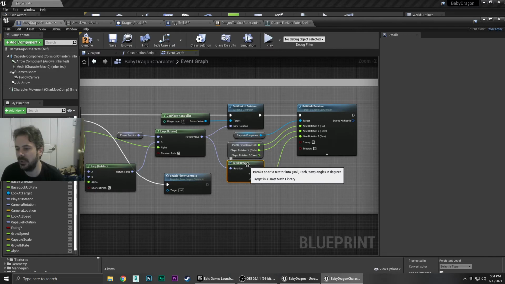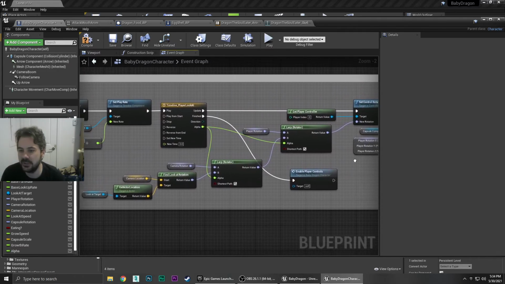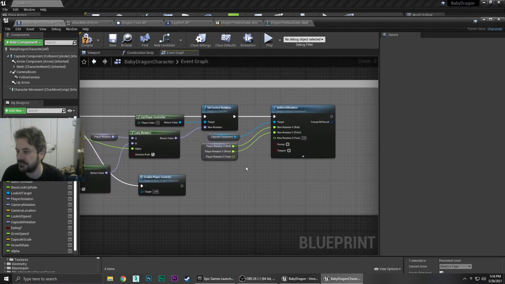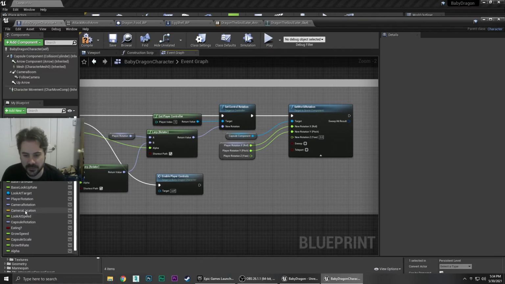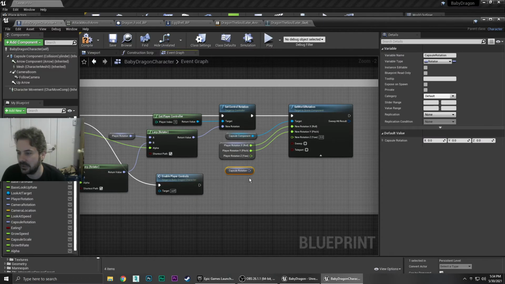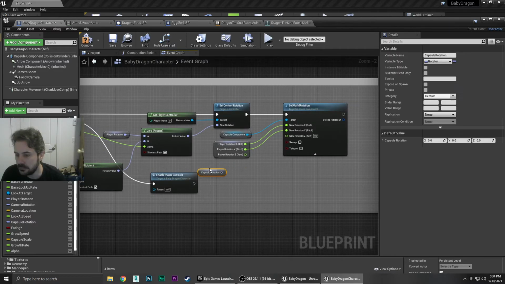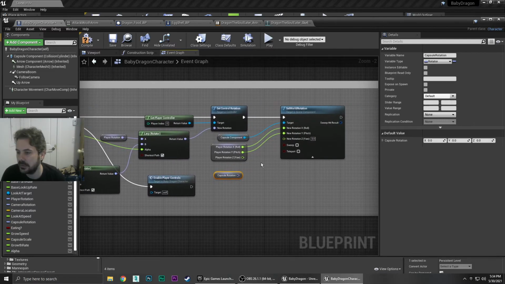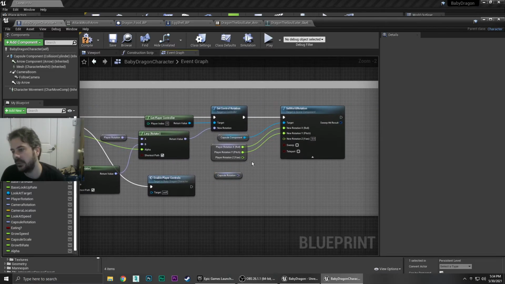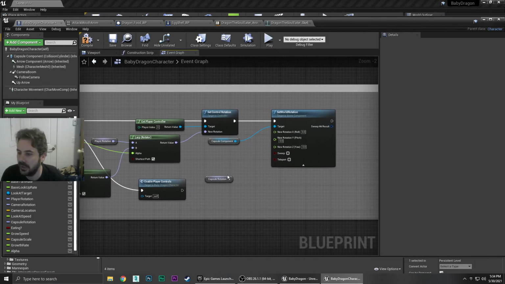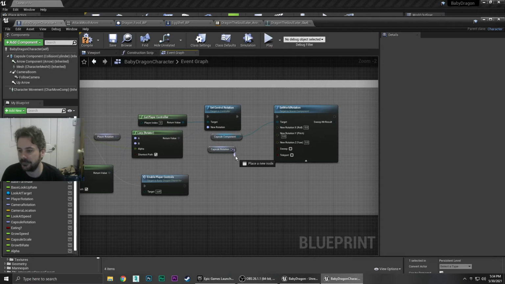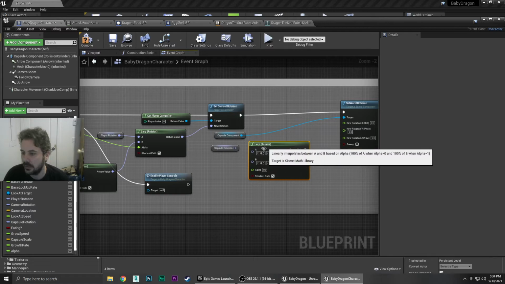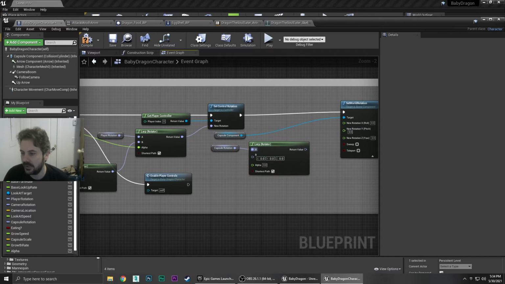So this is the problem here. I'm actually getting the set control rotation. I don't want to be doing that. I want to get my capsule rotation for setting the world rotation of the capsule. So I want to get my capsule rotation here. And I want to do another lerp from, let's see, let's get rid of that. So we're going to lerp. Let's just duplicate that. We're going to lerp from our capsule rotation